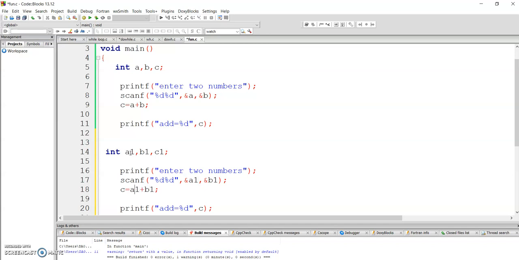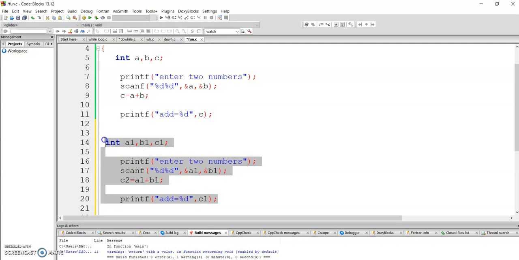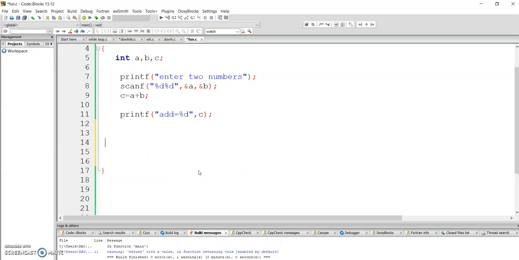So it is possible for addition of four numbers. That means you are performing two different tasks in the same program. But it is not possible for more cases. That means if you need to add 10 sets of elements, then it is not possible to paste that code 10 times and again make changes. So you can use a function in this case.